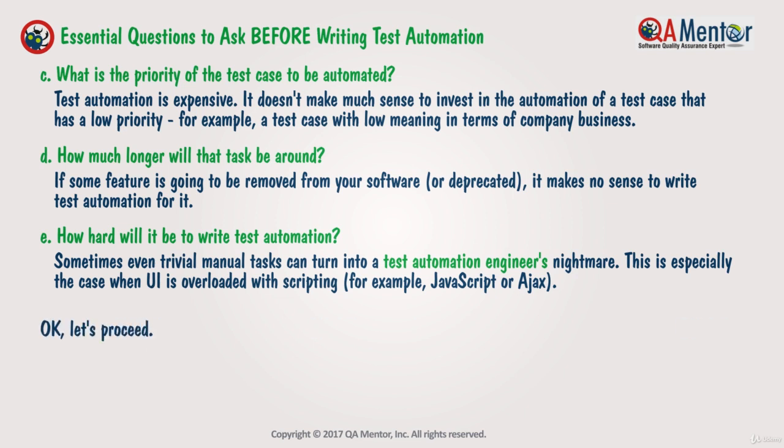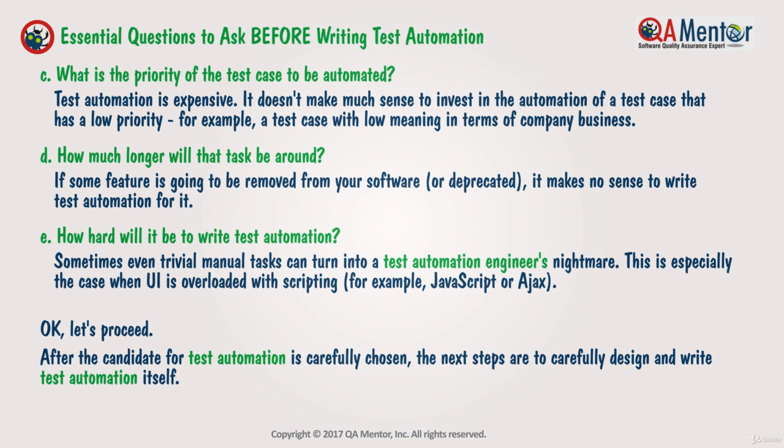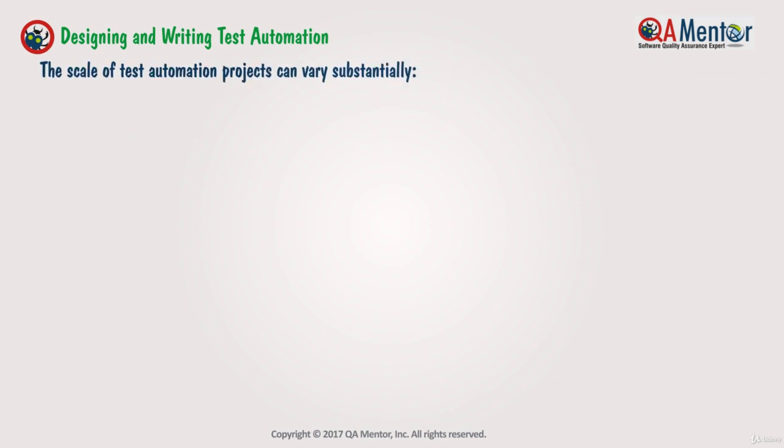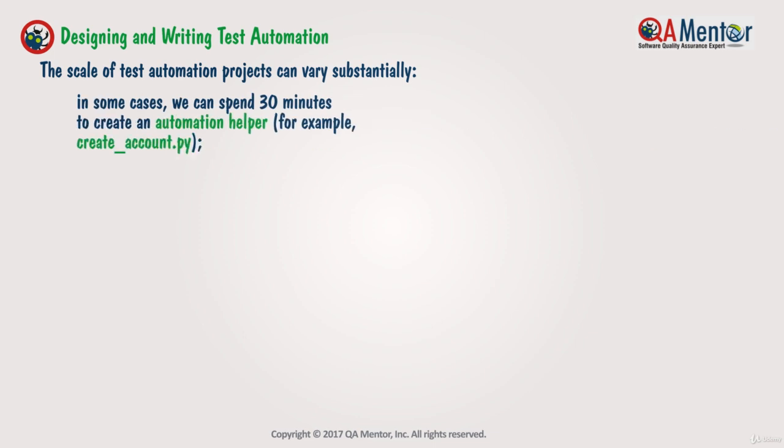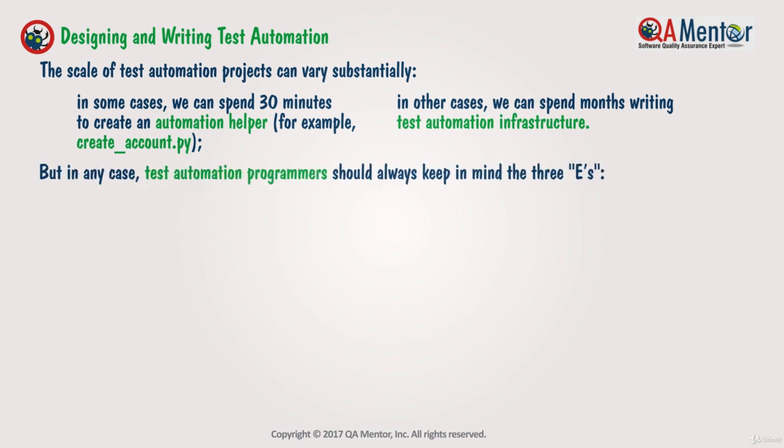Okay, let's proceed. After the candidate for test automation is carefully chosen, the next steps are to carefully design and write test automation itself. Designing and writing test automation. The scale of test automation projects can vary substantially. In some cases, we can spend 30 minutes to create an automation helper. For example, create account.py. In other cases, we can spend months writing test automation infrastructure, but in any case, test